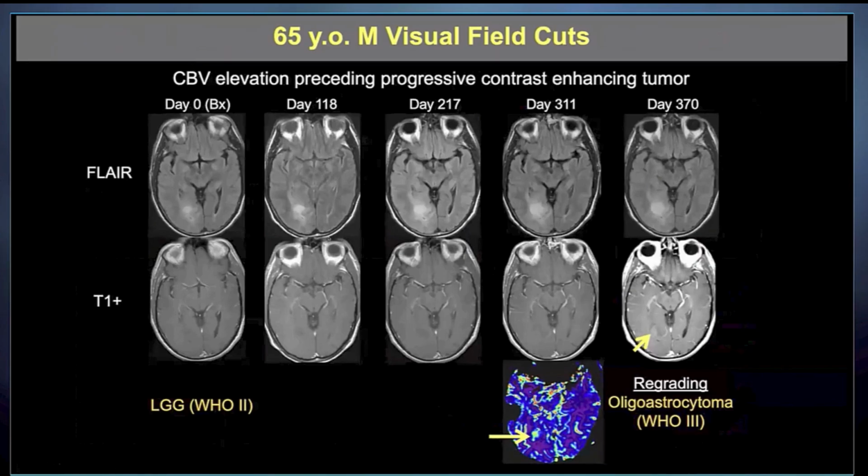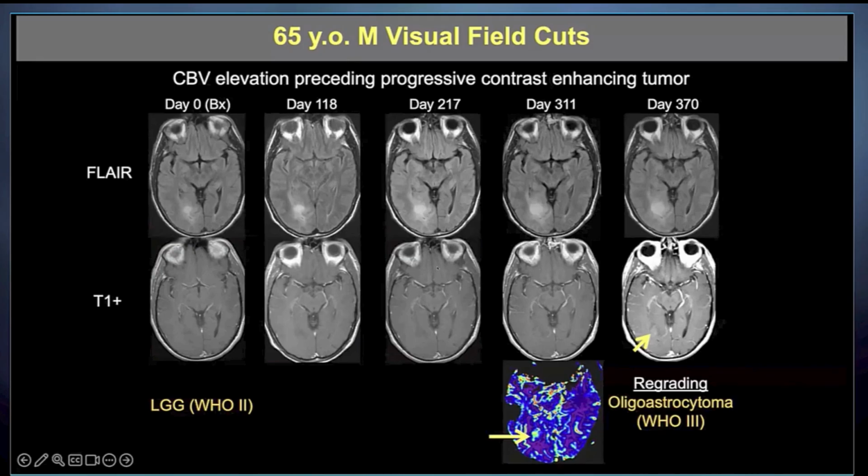So here's a case of a non-enhancing right temporal lobe lesion, FLAIR hyperintense, no contrast enhancement, that progressively enlarges over time and was ultimately found to have a region of high cerebral blood volume without striking contrast enhancement, and this preceded by several months the development of contrast enhancement at that site. This was initially graded as a WHO 2 lesion, but was subsequently regraded as a WHO 3 lesion, suggesting either initial undergrading